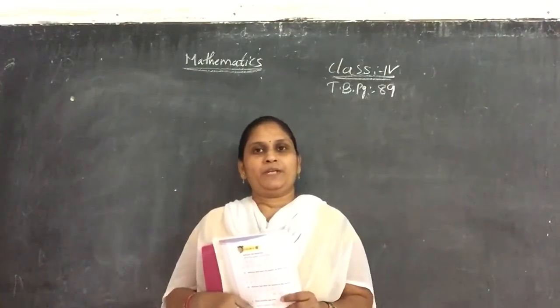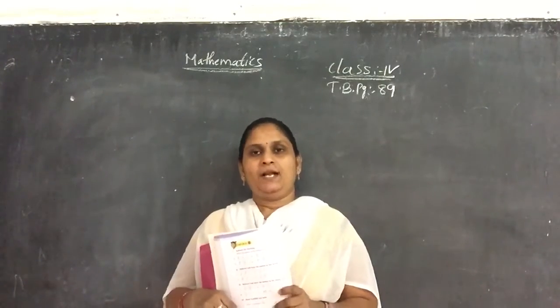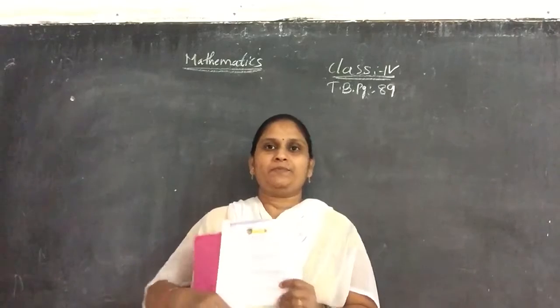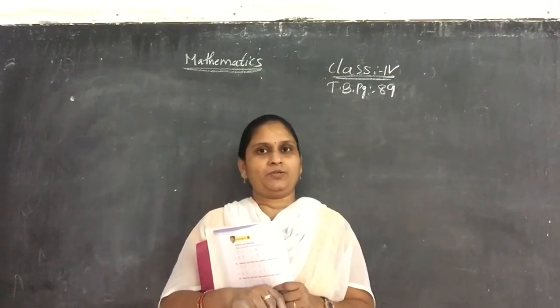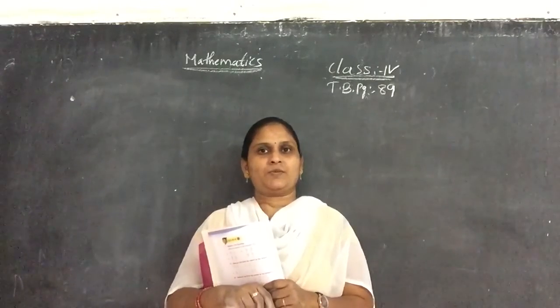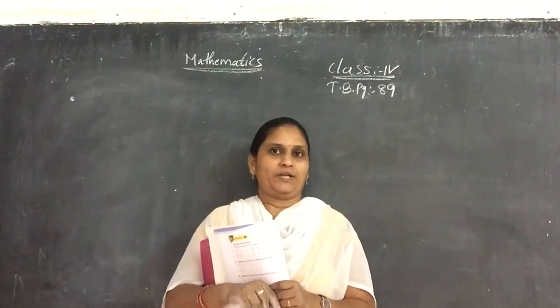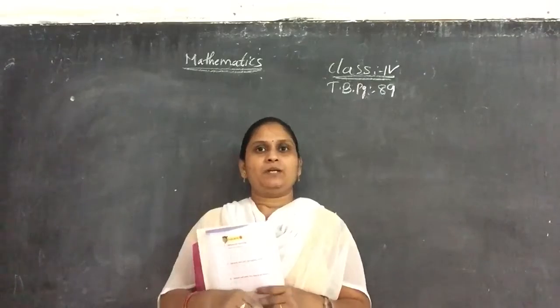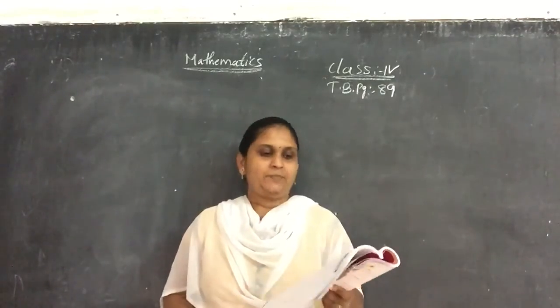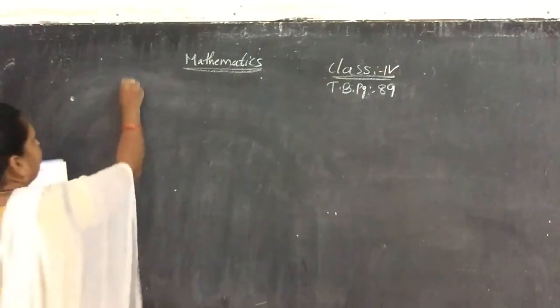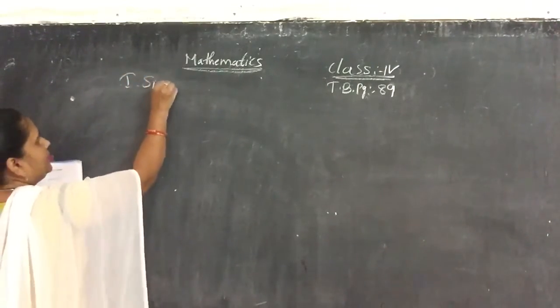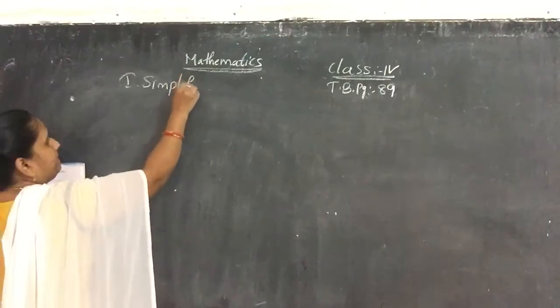So everyone open your textbook page number 89, where the last section about the simplification of fractions, additions and subtractions, is there. That we have to do now. So everyone open your classworks. I think everyone has completed the previous homework. So now page number 89, simplify. Only one Roman is there, children. Simplify. First Roman. Okay, simplify.